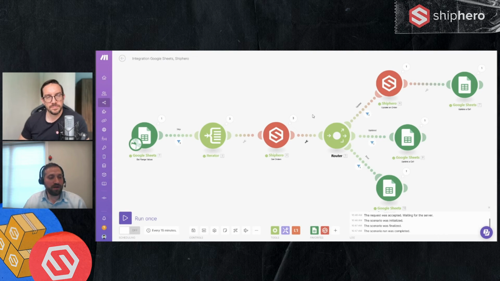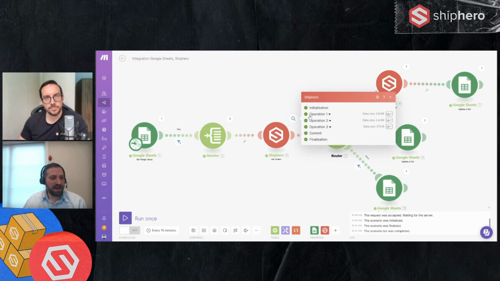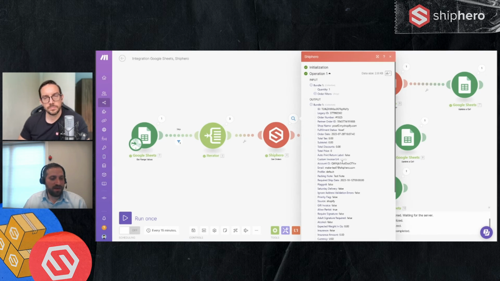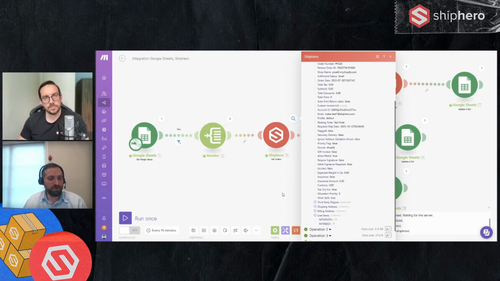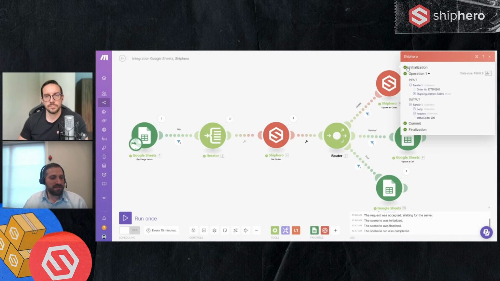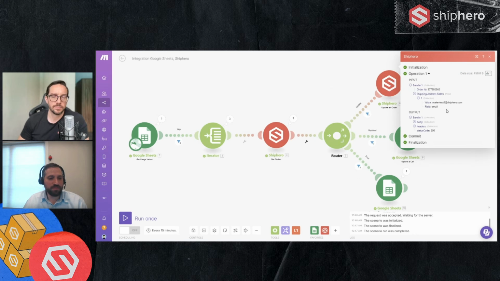Now, a couple of things to keep in mind. First of all, just to show you what these numbers mean, I can go in and see what the actual results were. If I click on that, I can see each operation and what it actually found. Like in this case, it found this order. Here's all the details of the order. I can see the operation of updating it, so what I updated it to.